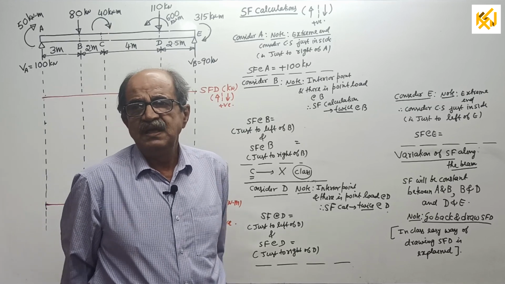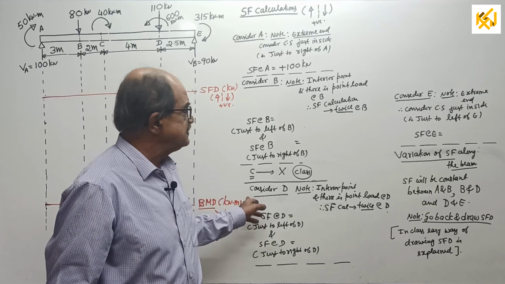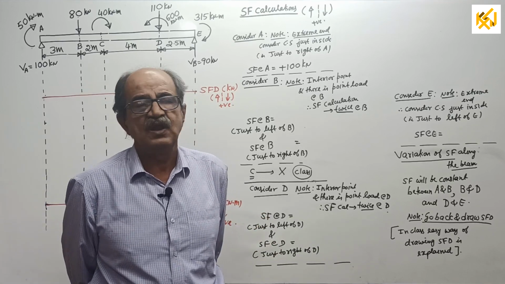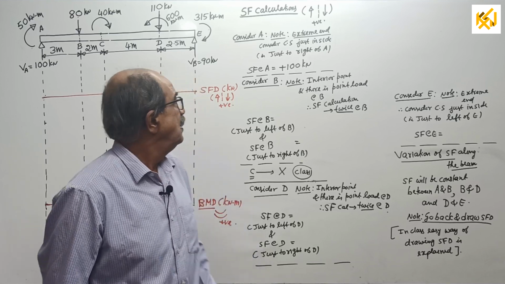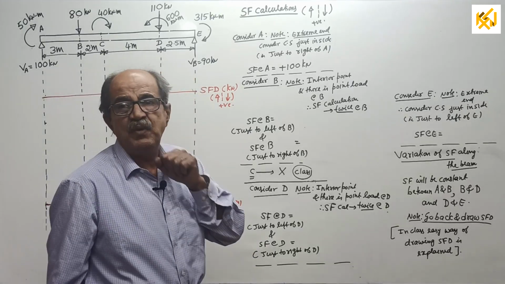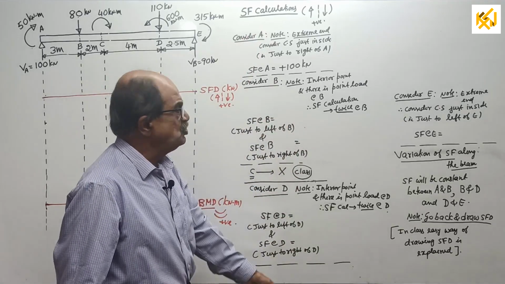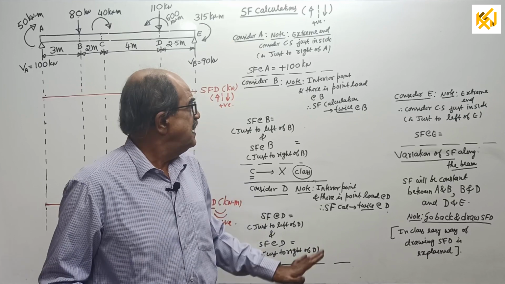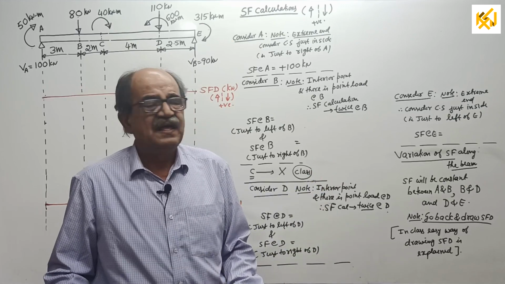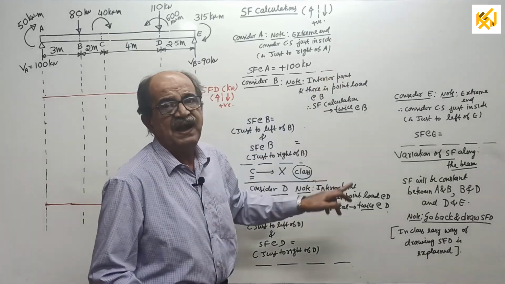As I told, our agenda is not SFD and BMD. Today's class is actually calculation, that's all. Diagram will come later. It is too early for diagram now because it should come in a systematic way. But as I told earlier, since you make all the calculation, we will draw the diagram. In case of any confusion, leave it. You see that the calculation part is clear today.